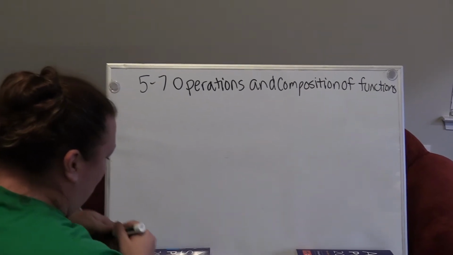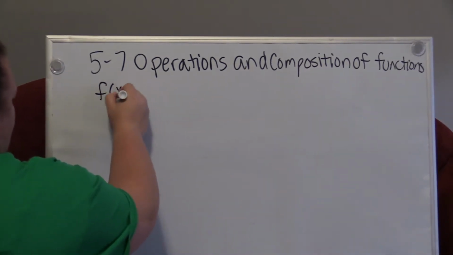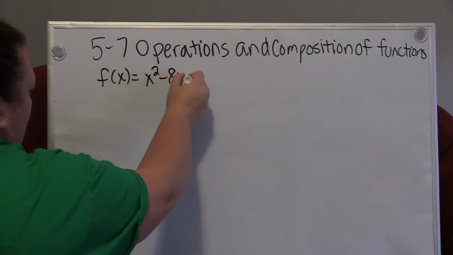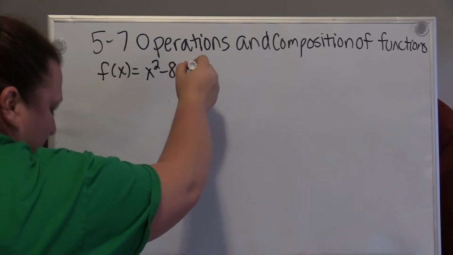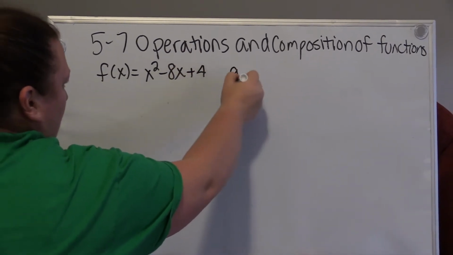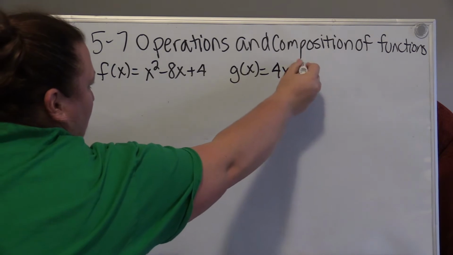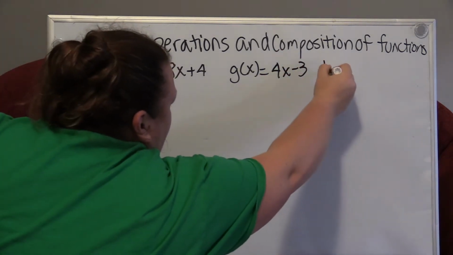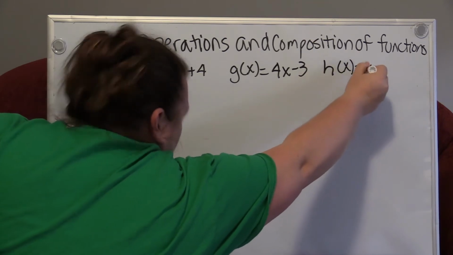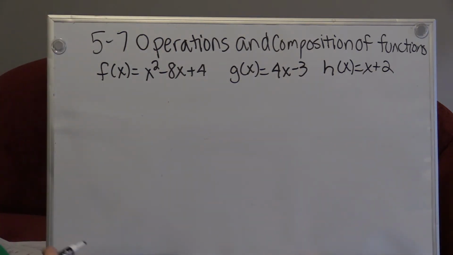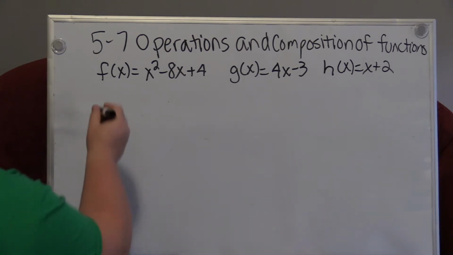So today we're going to start with f of x equals our three defined functions, and h of x. So we're going to start with one of each of these, and then we're going to move on to something else. First, we're going to talk about